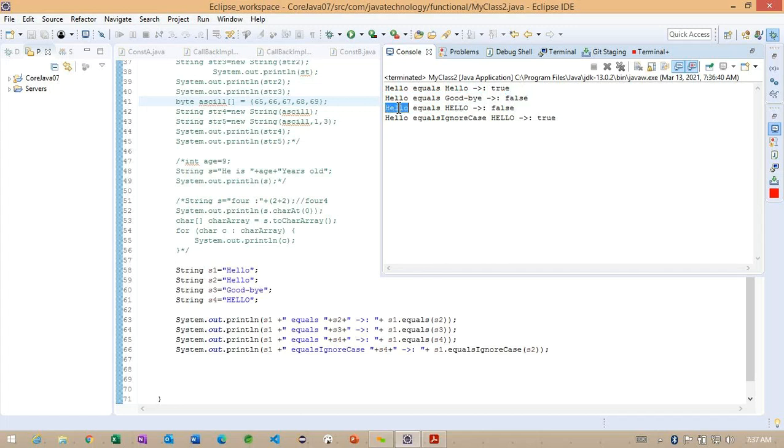But you can see another one here, hello, and in s4 also we are getting hello only. But why are we getting false here? Because some of the letters are capitals and some of the letters are lowercase in the two objects. Getting the point. So because of this, the equals method returns false here. Even though both objects are the same, the only difference here is some uppercase and lowercase.